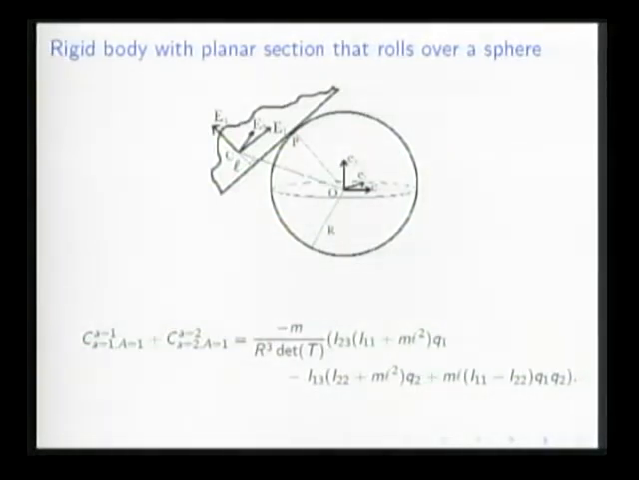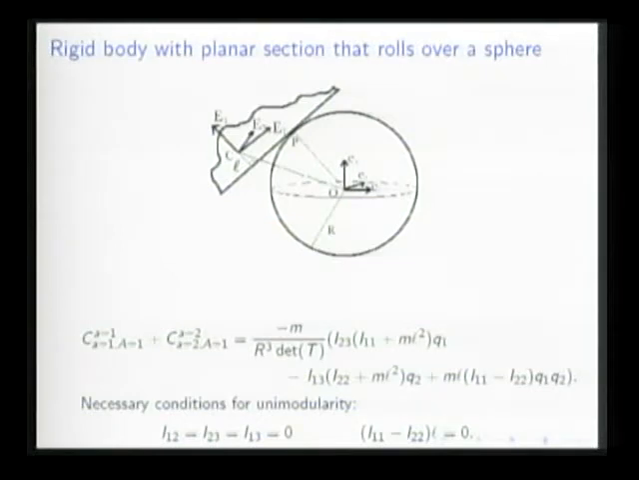So in order for this to vanish, I need all of the coefficients to vanish. And the vanishing of the coefficient gives me the following conditions on the inertia tensor. Namely, it needs to be diagonal. And then here I get a very interesting condition which tells me either I11 is equal to I22 or L is equal to 0. And L here is the distance between the center of mass and the flat face of